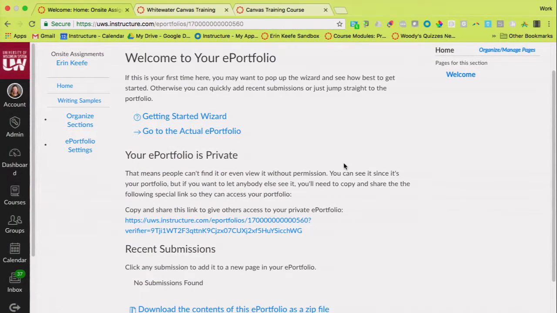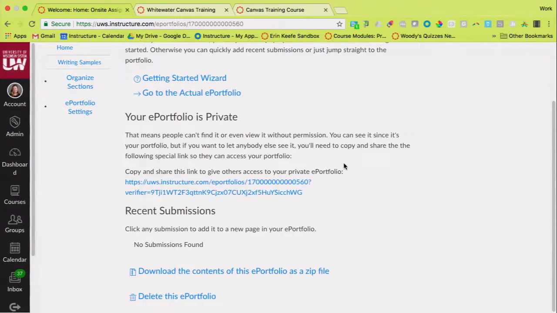It is not the prettiest interface. I'm going to totally tell you that and not lie about it. But it's fully functional. Students can build as many sections or pages as they need to in there. They're going to have access to all the pieces of work that they've handed in through Canvas for their entire length of their career. I can even see them as an instructor. I mean, I can create one as an instructor too if I'm taking a course and I have any examples of work in there.